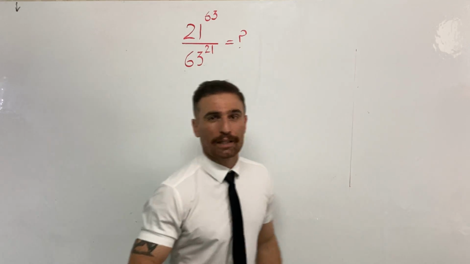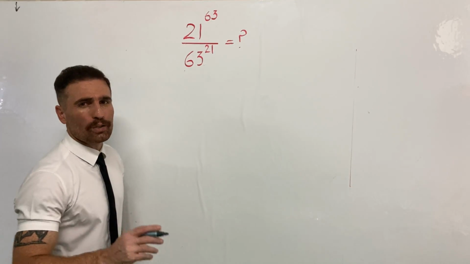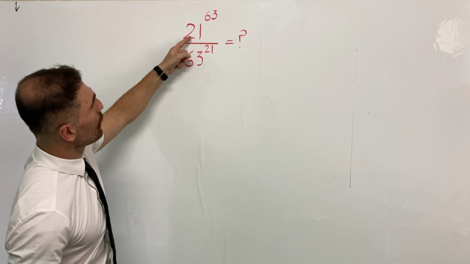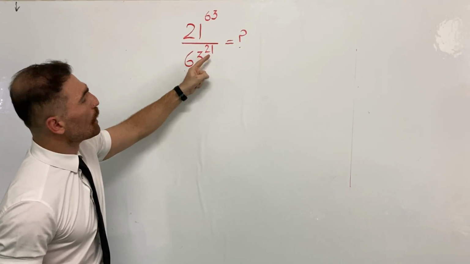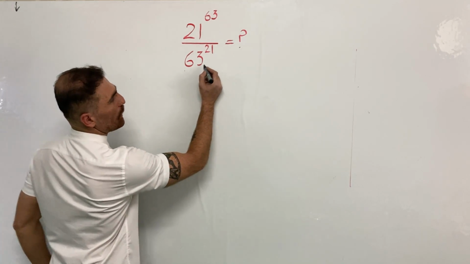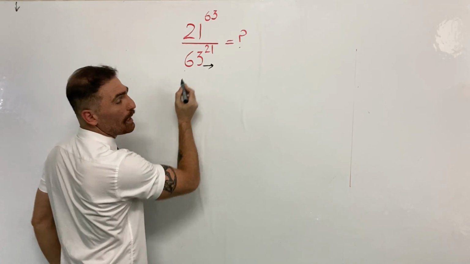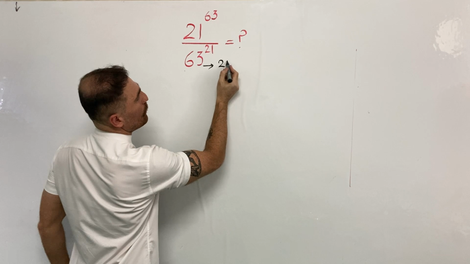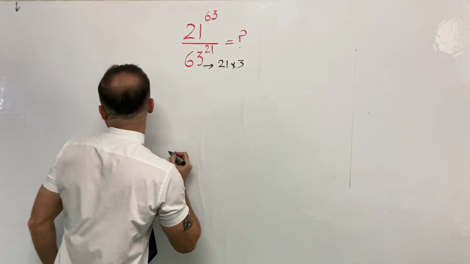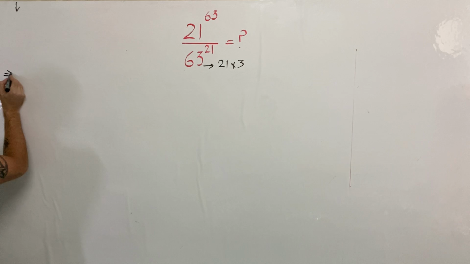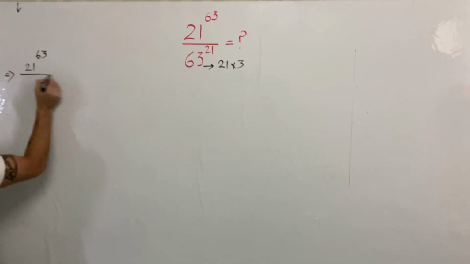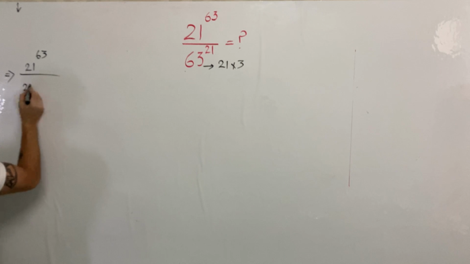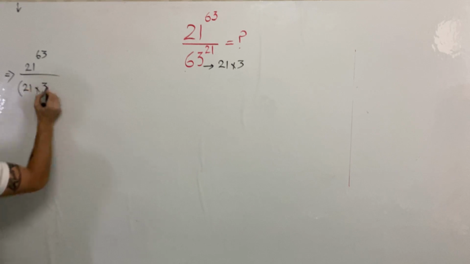But what is the question and where should you start? The question says, find the value of 21 raised to 63 over 63 raised to 21. To start the solution, I'm going to rewrite this number, 63, as the product of 21 and 3. Let's see, what do we have here? On top, 21 raised to 63, over the bottom, 21 times 3 raised to